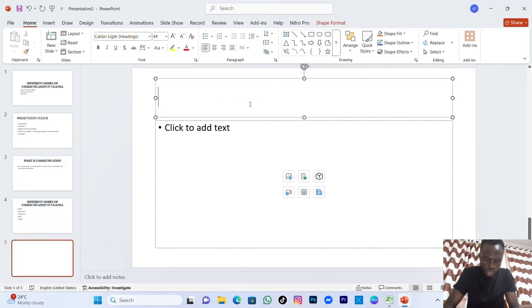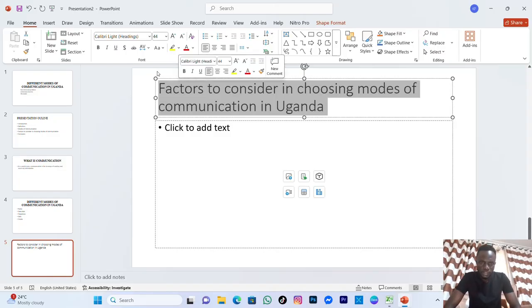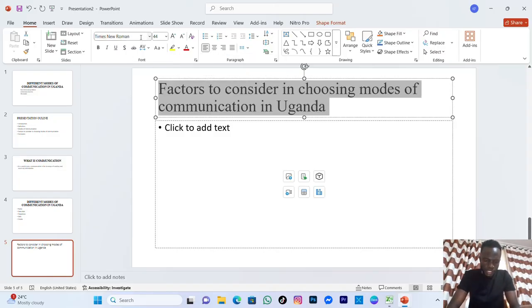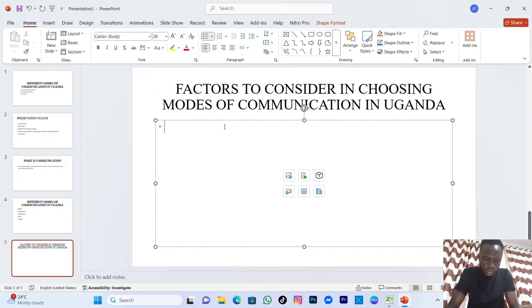Factors, highlight, bold, make it Times New Roman, uppercase. Here we should say affordability, the factors, yeah, affordability, availability,